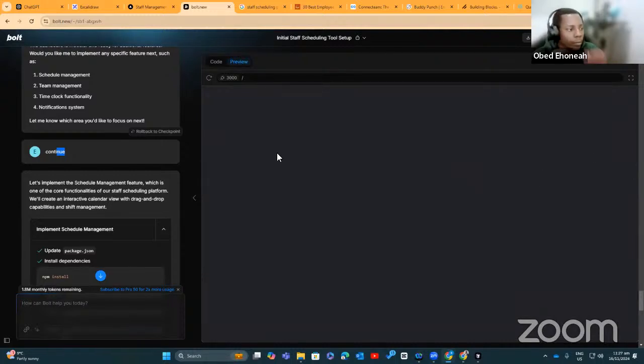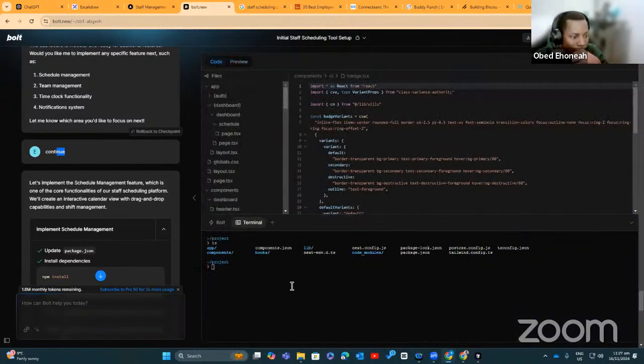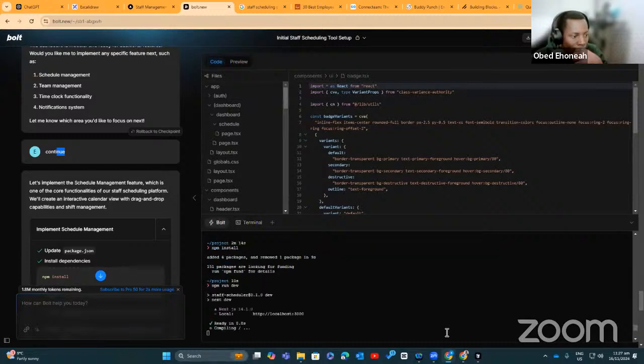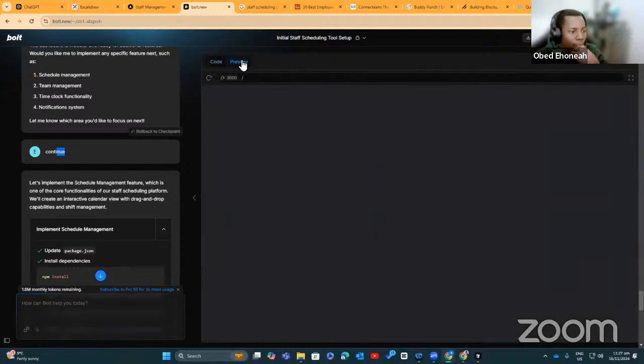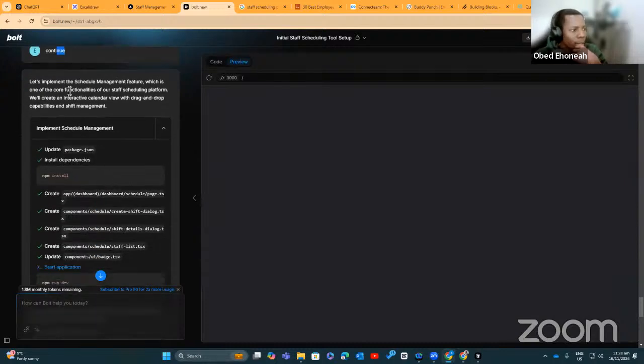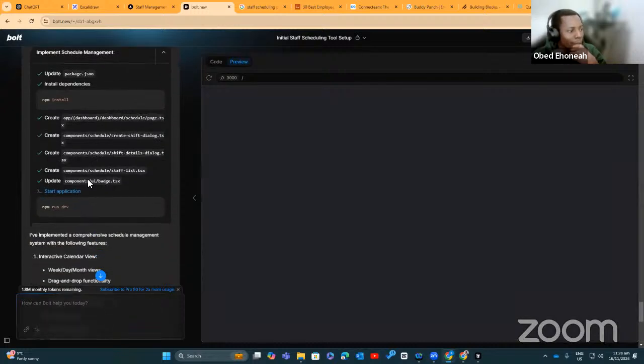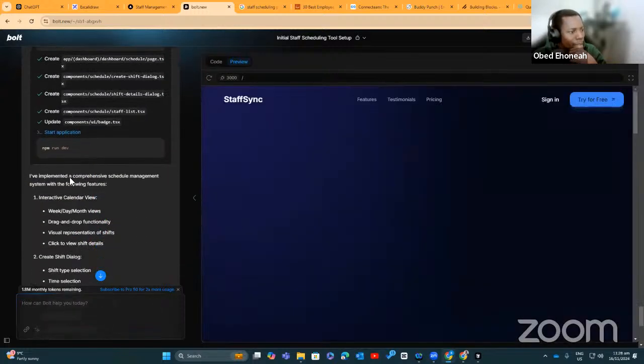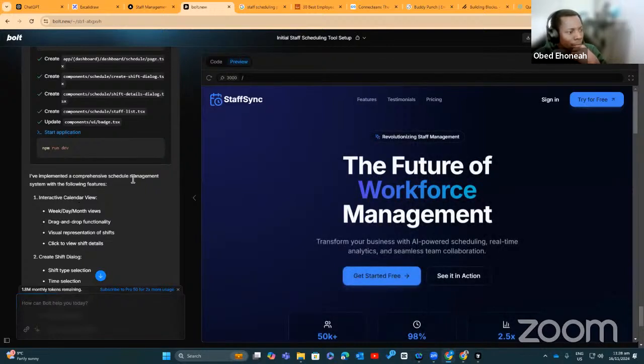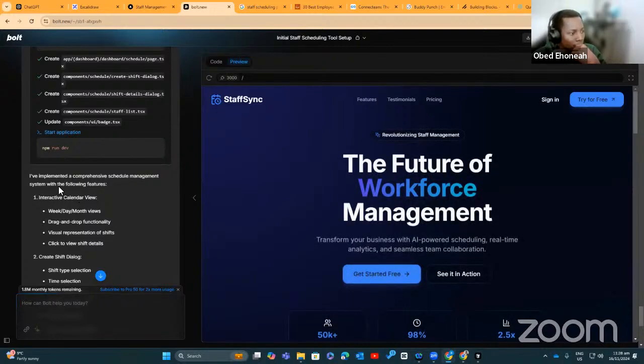Let's wait for it. Is it compiling? Tell me you are compiling. Okay. It says, let's implement the schedule management feature, which is one of the core functionalities of our staff scheduling platform. We'll create an interactive calendar view with drag and drop capabilities. That sounds great. And it says I've implemented a comprehensive schedule management system with the following features: interactive calendar, weekday,